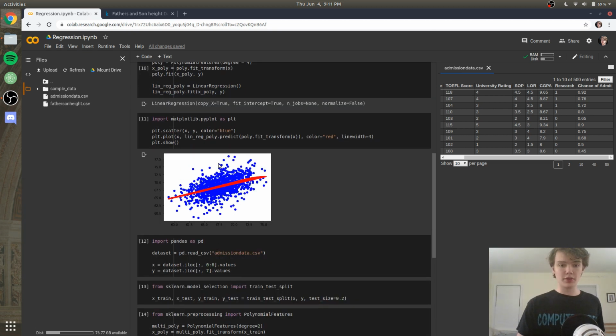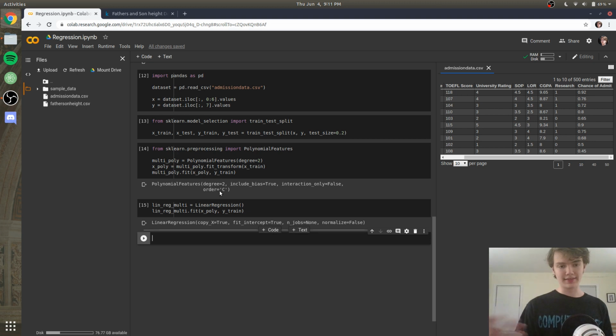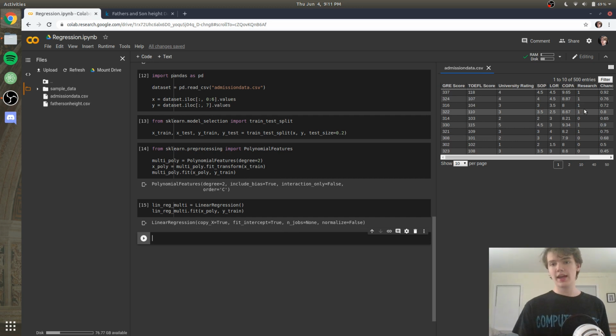So something like this, where the data points are all over the place, is going to have a very, very high mean squared error, because you can imagine a data point that's all the way out as an outlier. You take the distance between this and the line, and then square that. It's going to add up over time. But luckily, with this graduate admissions data, we have a lot more features, and we can more accurately predict our chance